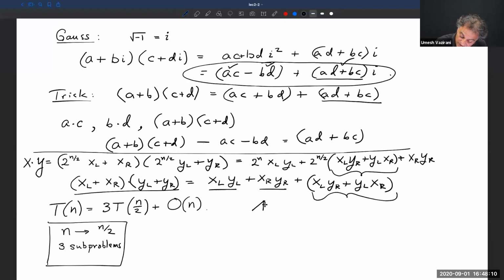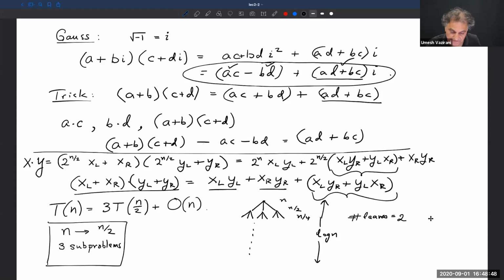And you can see why it matters a lot in terms of, okay, so again, we start with a problem of size n. We go to n over 2, but only 3 subproblems. And then each of these, we get 3 subproblems of size n over 4, and so on. We just keep going down. How many levels of the tree do we get? We just get log n levels of the tree. But now, the branching factor is only 3. And so the total number of leaves ends up being